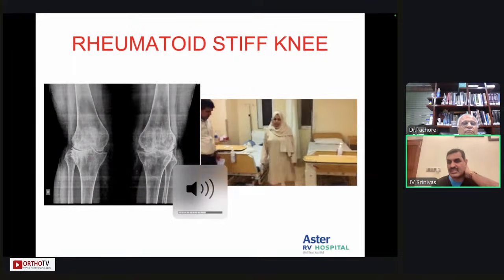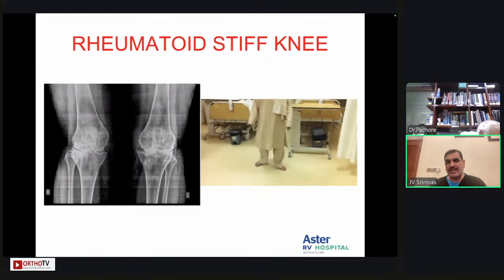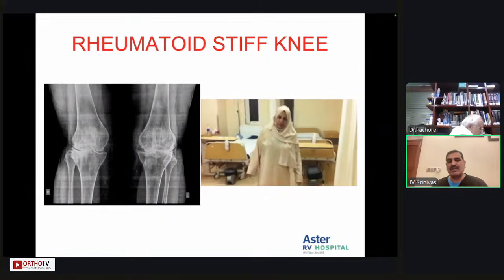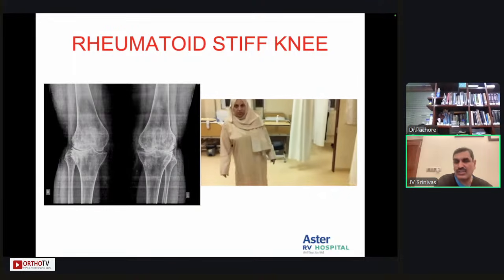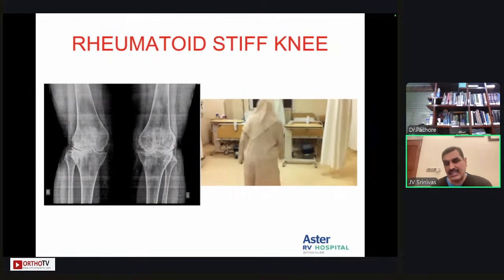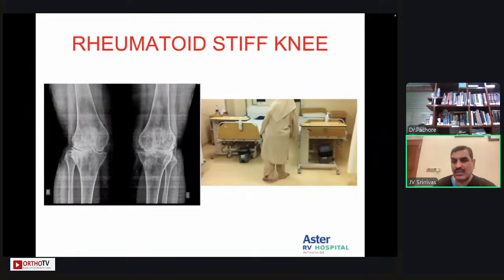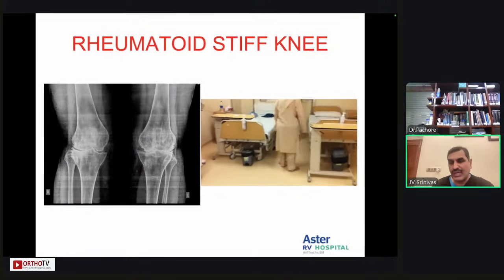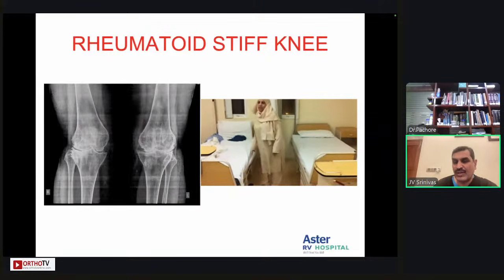See, this patient has a stiff knee, and everybody can see that it's a rheumatoid patient, even though the X-ray shows some amount of gap between your bones. But when we go inside, there's huge fibrous tissue in a rheumatoid patient. So we need to remove all the intra-articular adhesions, and then go ahead and do the knee surgery. And whenever you have an intra-articular pathology, when you do a knee replacement, definitely you can promise that patient